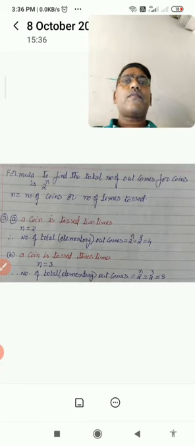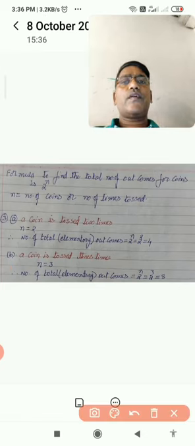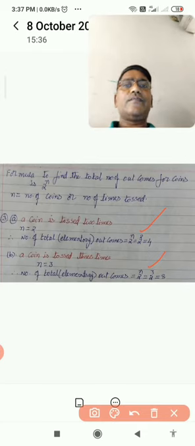N is the number of times you are taking coins, or the number of coins. Like in the dice also, 6 to the power of n will come. According to that, in the first question, 2 times, so 2 power 2 is 4. In question B, 2 power 3 is 8. So this is the formula, 2 power n, for only coins.